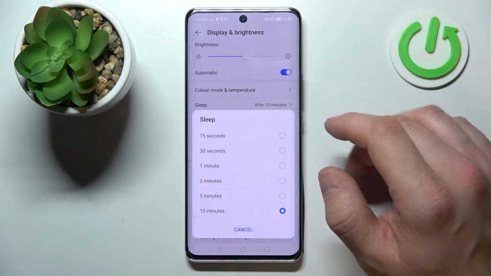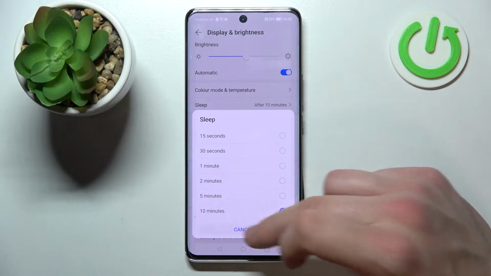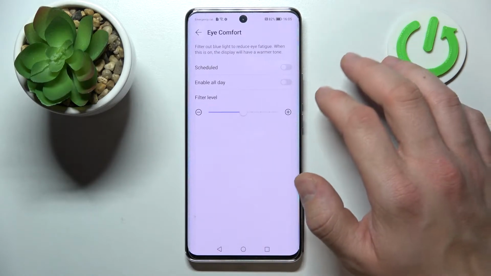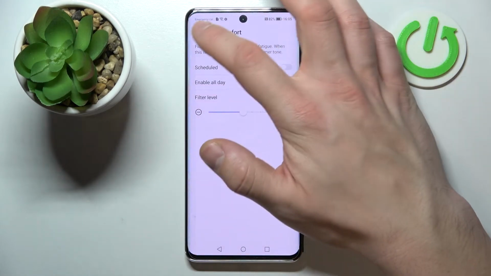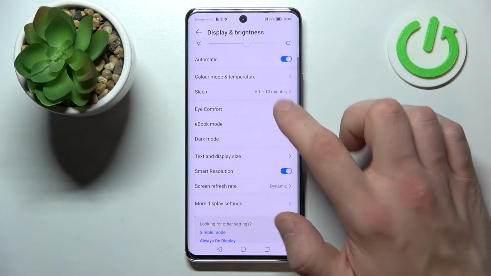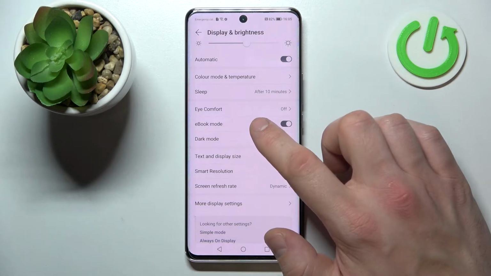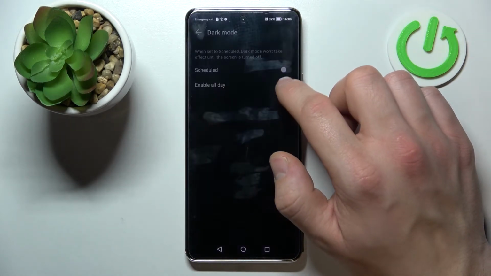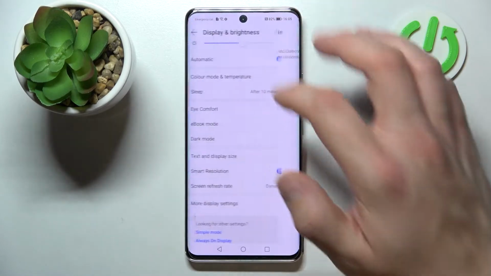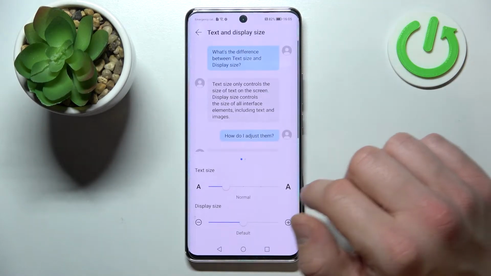Next we can change sleep time between 15 seconds and 10 minutes, enable eye comfort mode and adjust it, enable ebook mode, dark mode, change text and display size,